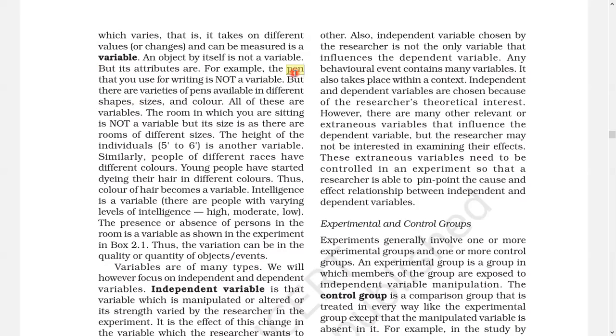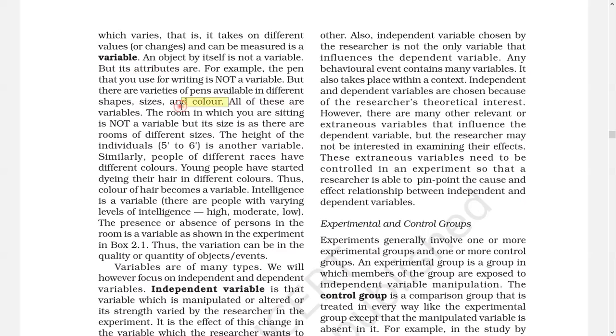The object itself, if you say human being, the human being himself or herself is an object, but the gender associated with it changes, like male, female. Like religion, you can say different types of religions, or the language spoken by the person, like Telugu, English, Hindi, Tamil, Kannada can be attributed to human beings. You are understanding it, right? The object itself is not a variable, but the attributes are.